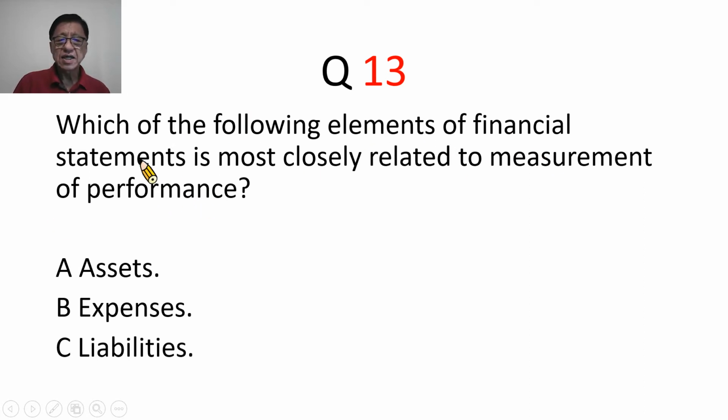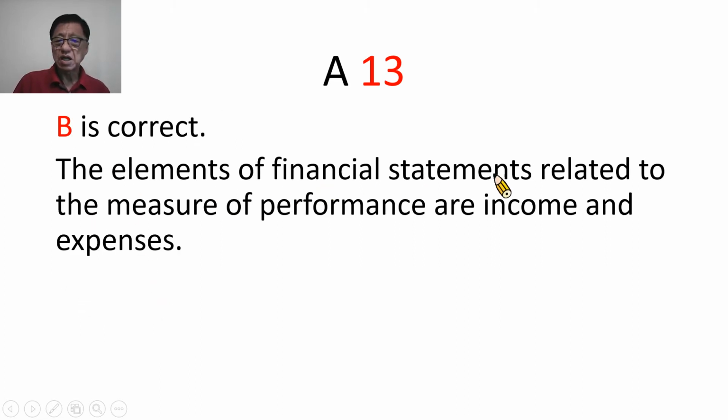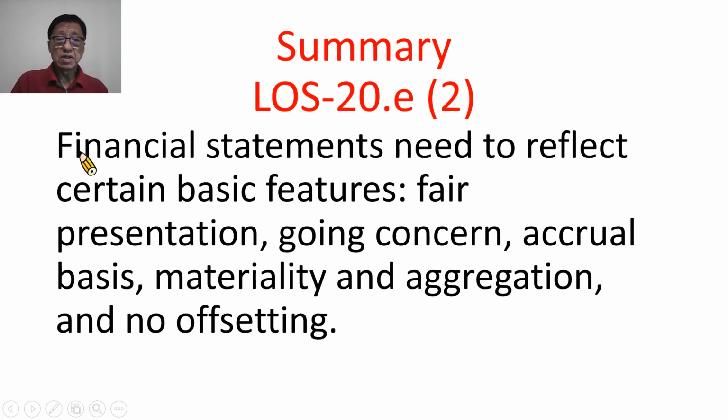课本后面第13题 Which of the following elements of financial statements is most closely related to measurement of performance? 他说下列哪一个财务报表的元素最密切跟绩效衡量有关？当然就是 expenses 了哈。B. The element of financial statements related to the measure of performance are income and expenses. 他说以衡量绩效有关的财务报表元素是所得与费用。